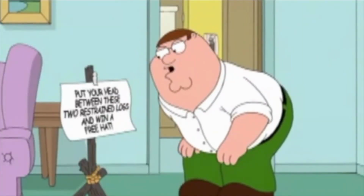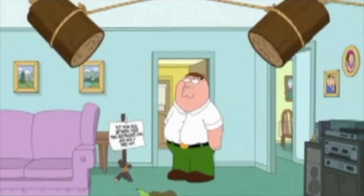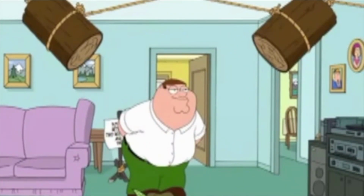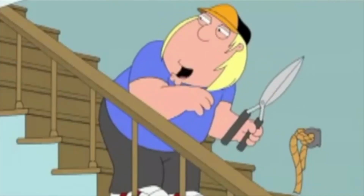What's this? Put your head between these two restrained logs and win a free hat. Well, that's a no-brainer. Come on, you fat. Do it. It was at this moment that he knew. He fucked up. What